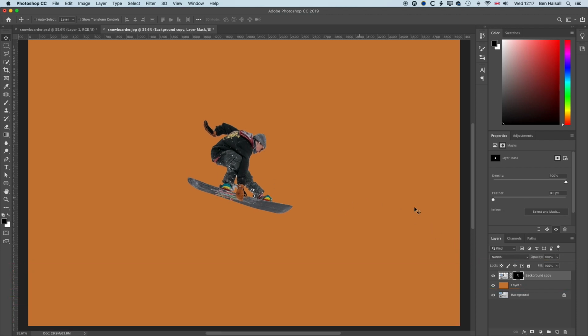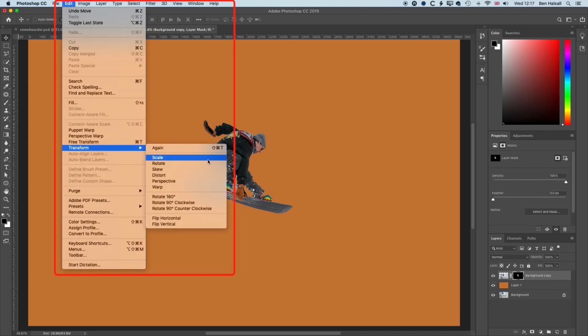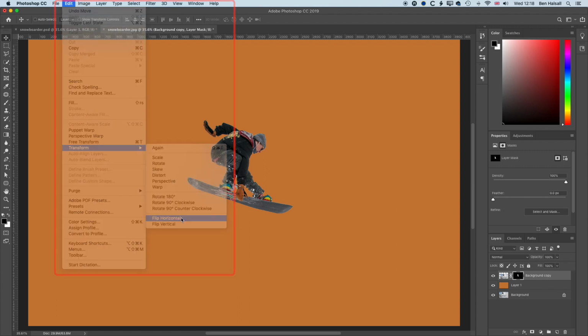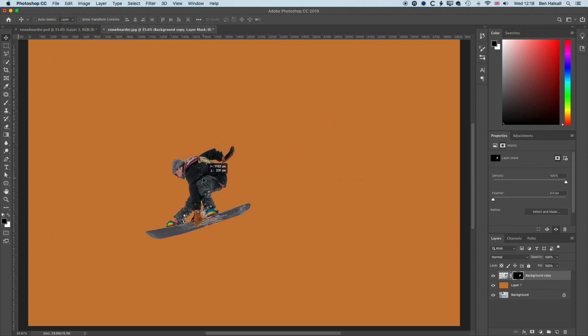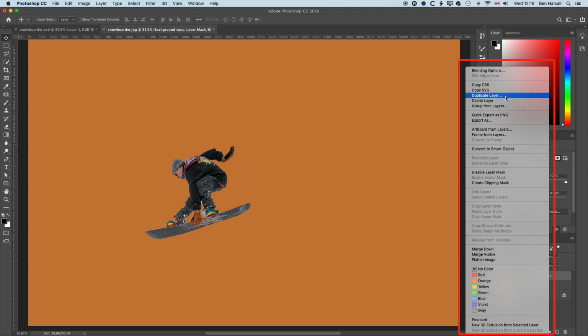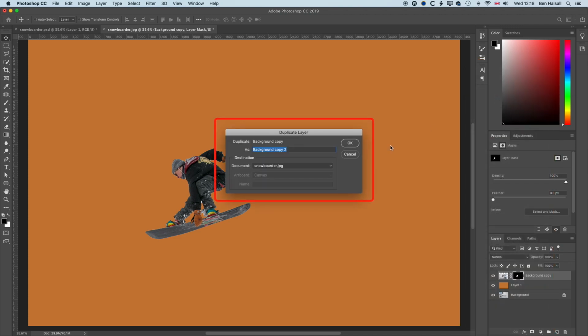So what I'm going to do here is actually flip this horizontally because I want the pattern to be moving across to the right. So I'm going to go to Edit, Transform, and use the Flip Horizontal option. We'll flip my snowboarder to the other direction. And then I'm actually going to make a duplicate of this layer. So I'm going to right click again and come up to the top, make a duplicate of that layer,